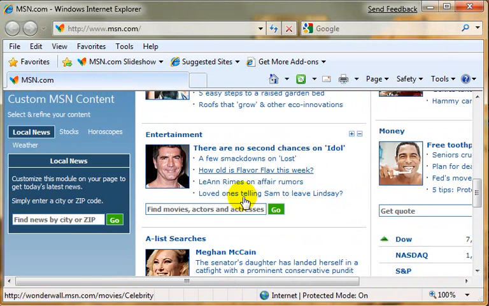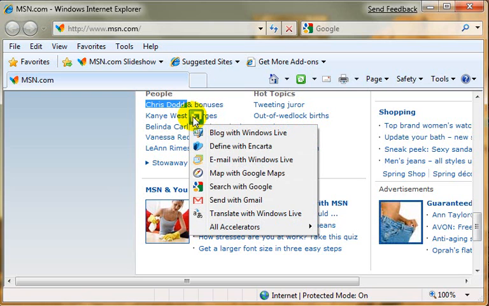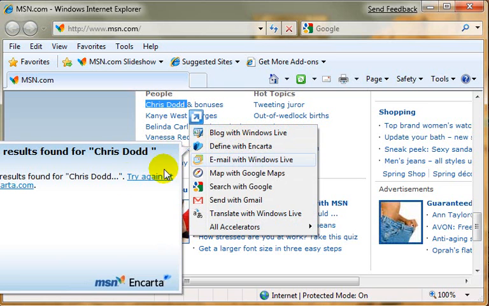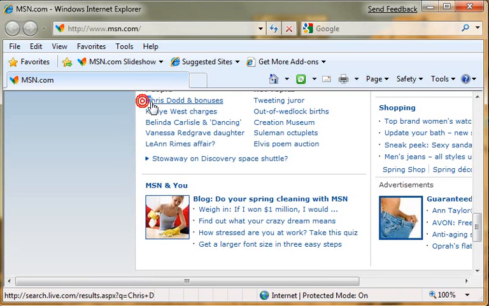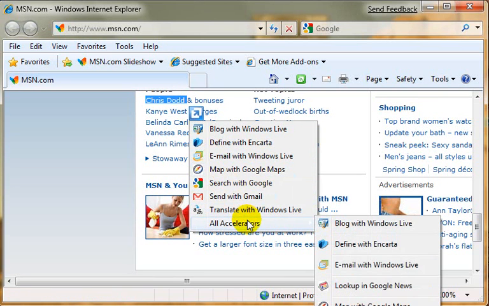So I've reopened my browser. I'm going to highlight Chris Dodd, and when I let go of the mouse, you see that I get this little button here on the side, and that is an Internet Explorer 8 accelerator. When I click that, I get different options for things that I've added to Internet Explorer 8. So for example, definition with Encarta comes up, tells me no results found for Chris Dodd. So if I highlight Chris Dodd again, get that little blue accelerator button, I can come down here to all accelerators,